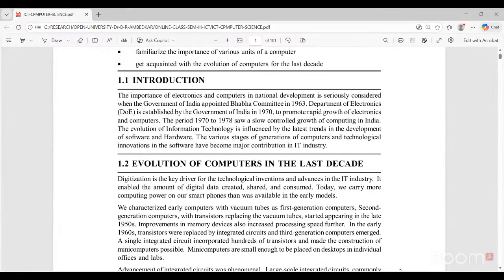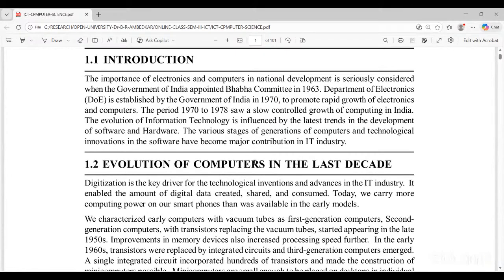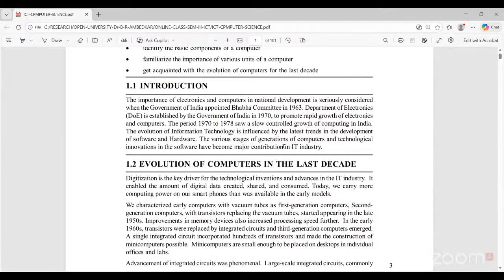Now you are well aware of computers already, so these topics are not so important, but we will discuss. So the introduction, if you look at this,